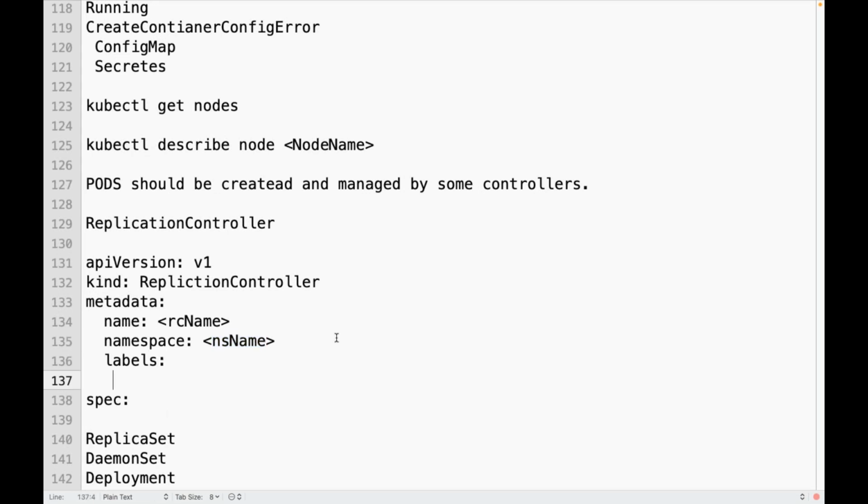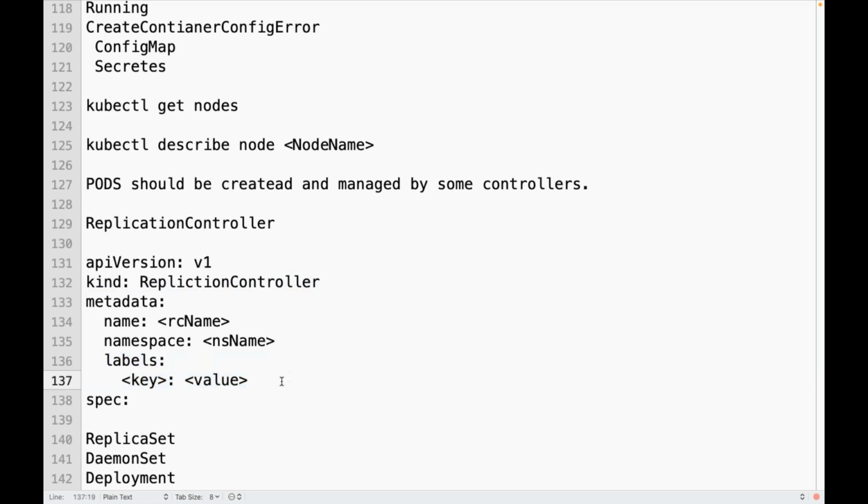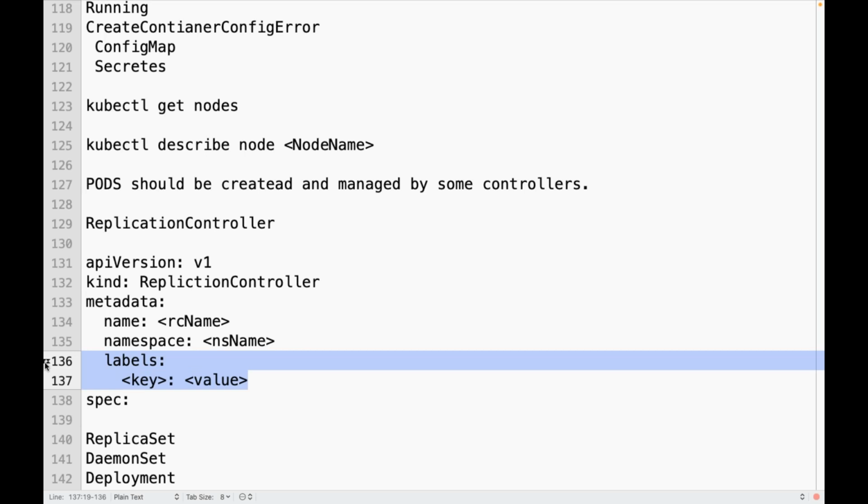Now, can I add labels also to the replication controller if required? Will these labels be added to your pods or to the replication controller? These are for the replication controller. Is it mandatory to define labels for a replication controller? No, it is not mandatory.